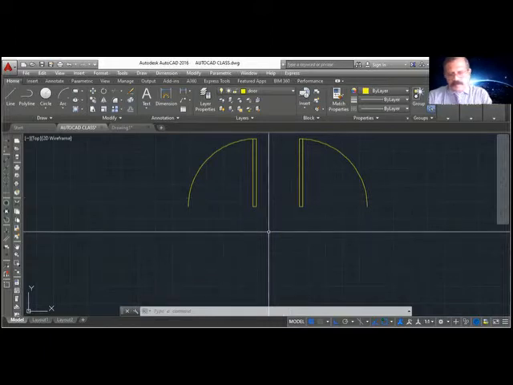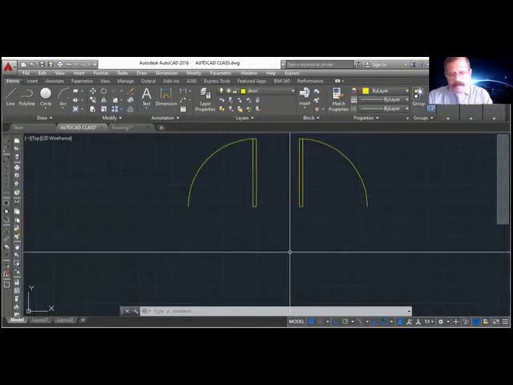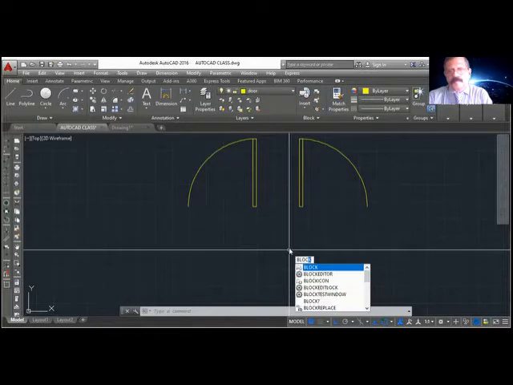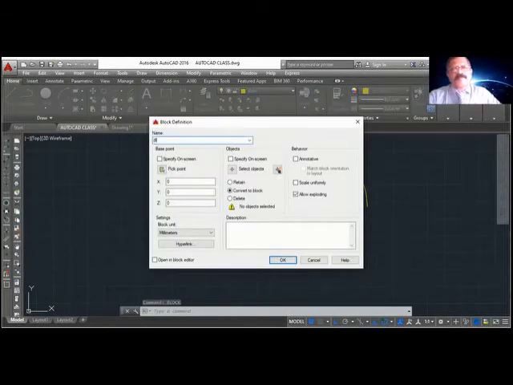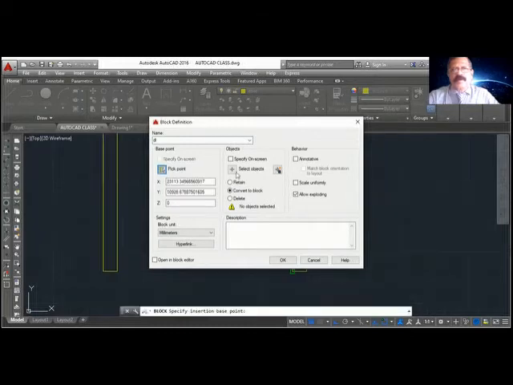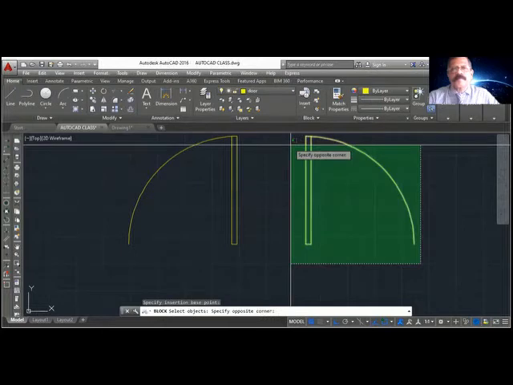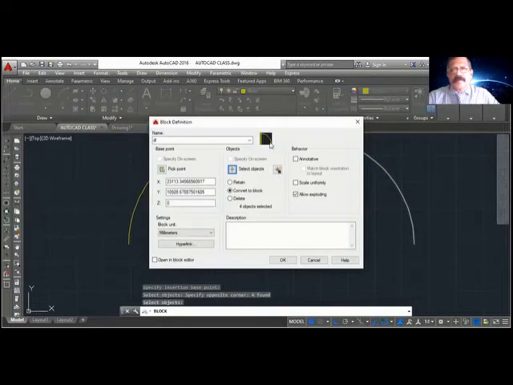Insert. Again block. DL. Left opening. Pick point. Zoom it here and give this point. Select object. You can see here, left opening.